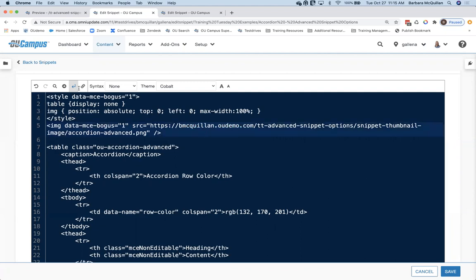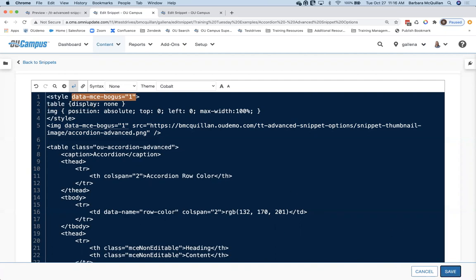So we're going to add these two nodes in, but these nodes are not something that I want included on the live page. When it gets dropped into the editable region, I want these two nodes to get stripped out. That's what this attribute does: data-mce-bogus equals 1. It's essentially telling the editor that this node is a bogus node. Don't actually copy and paste this one in when you drop it inside the editable region.